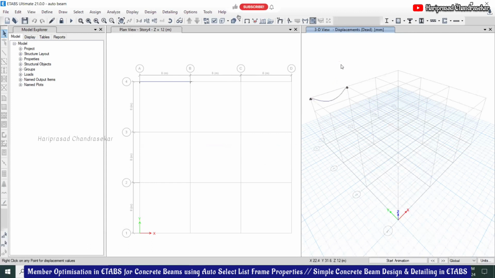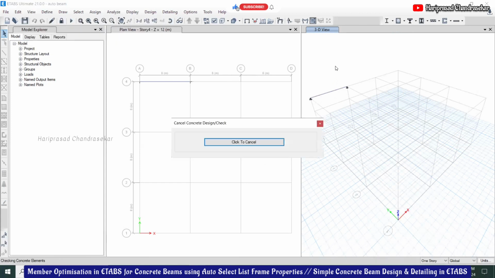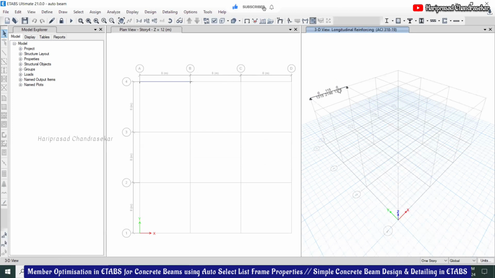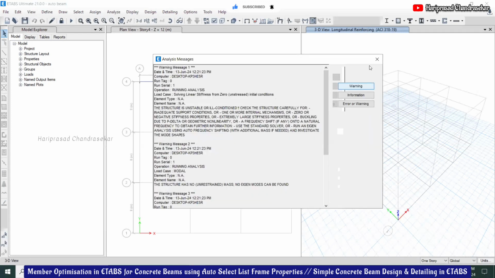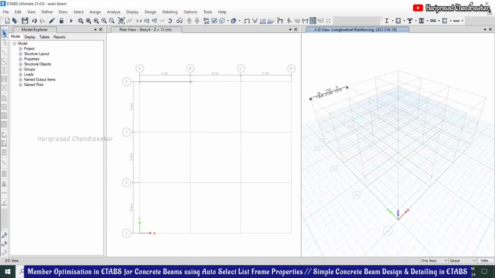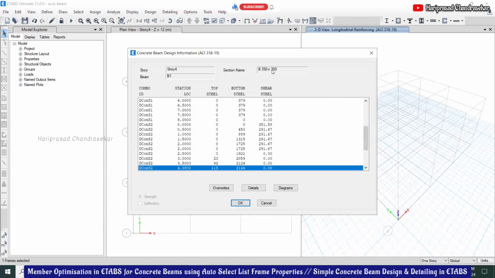Okay, now we designed it, right? Actually it's checking. So now it was different, because in 230 cross 230 itself we are having some values here. Now it was different. We will see, right click. See, it is now 350 cross 350. Can you see how it changed? This is how the auto filter works.